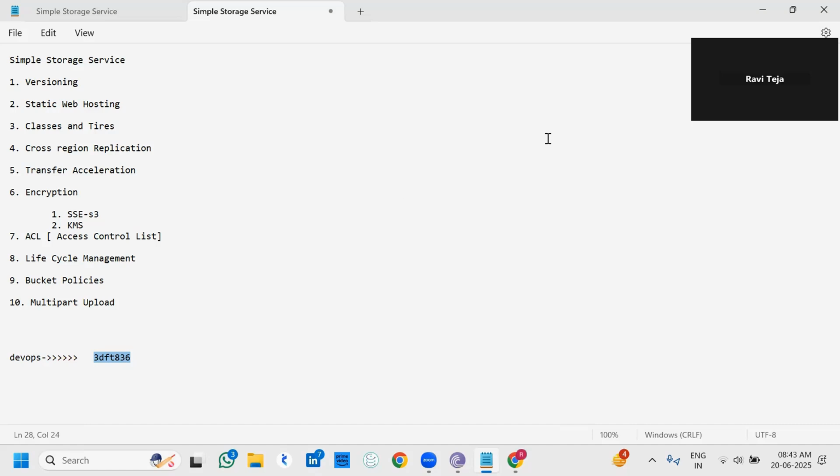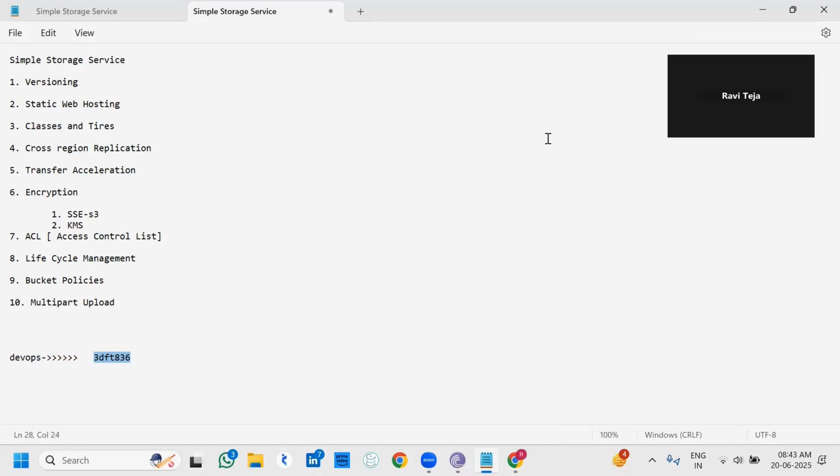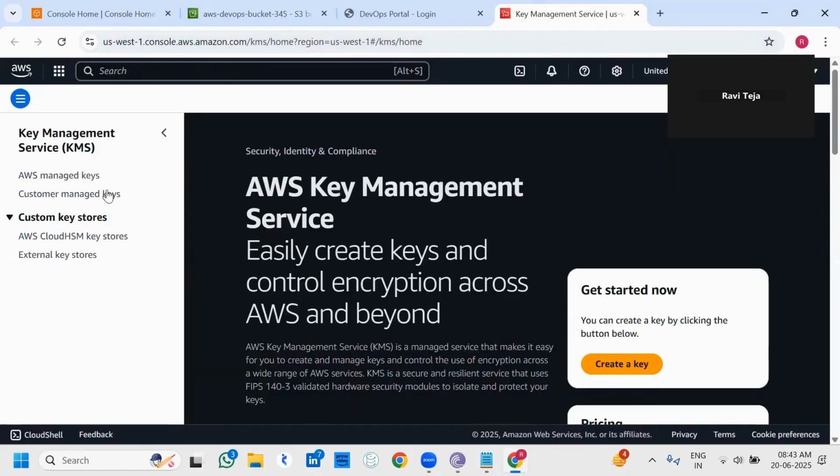Most companies need the data to be secret, right? So that's why they are enabling the encryption as well. So come here. We have two types of keys: AWS managed and customer managed. With customer managed, we have to manage the keys and everything. With AWS managed keys, everything is managed by AWS. We have to use them. Okay, I'm going with customer managed,